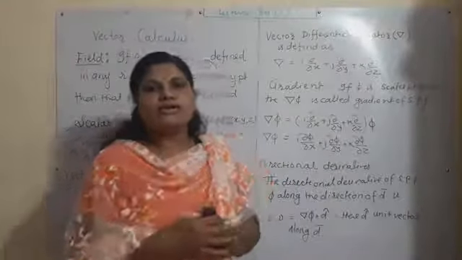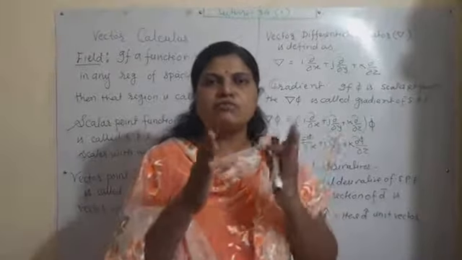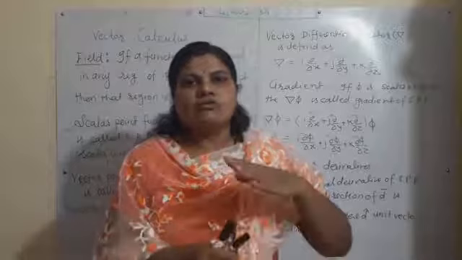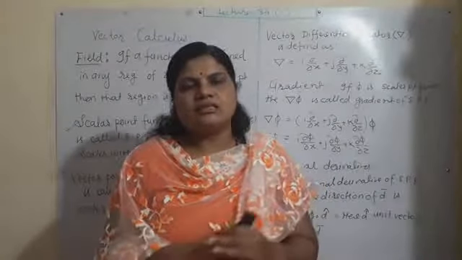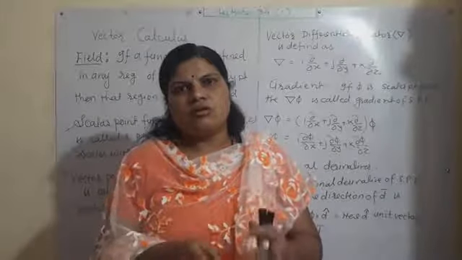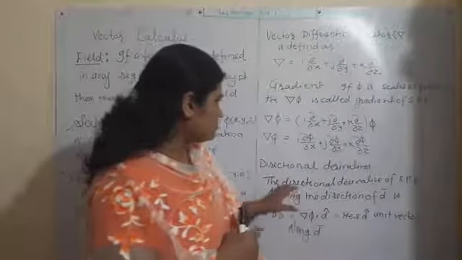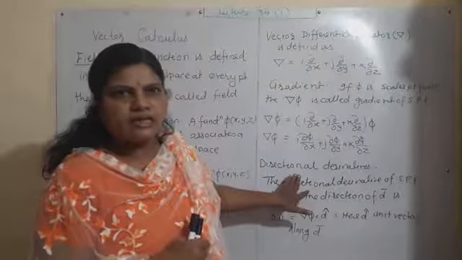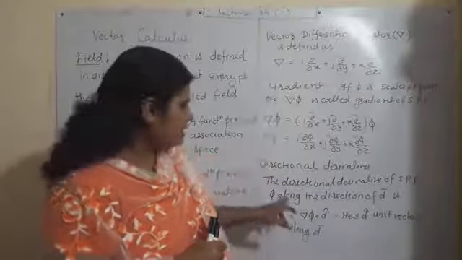And next is the definition, the directional derivative. Where do we get the directional derivative? Suppose a function is defined and we have to calculate the rate of change of that function along the direction of a particular vector, that is, the rate of change of the height of that function per meter along that direction. In that case we use the directional derivative. This is the rate of change of that function along that direction.